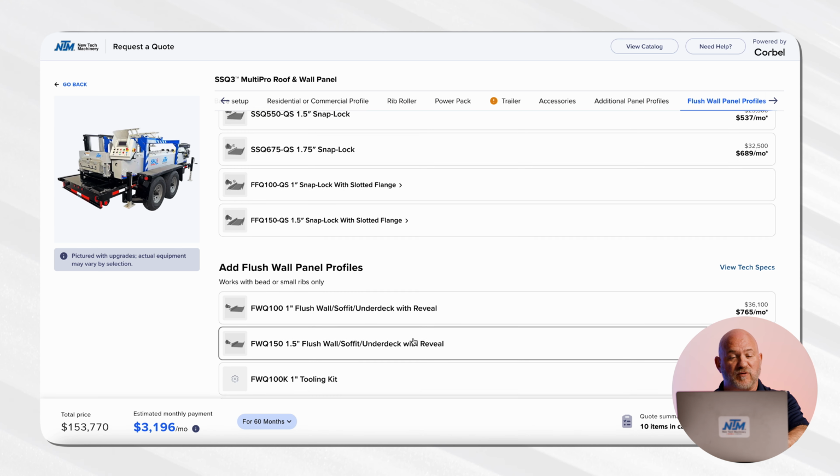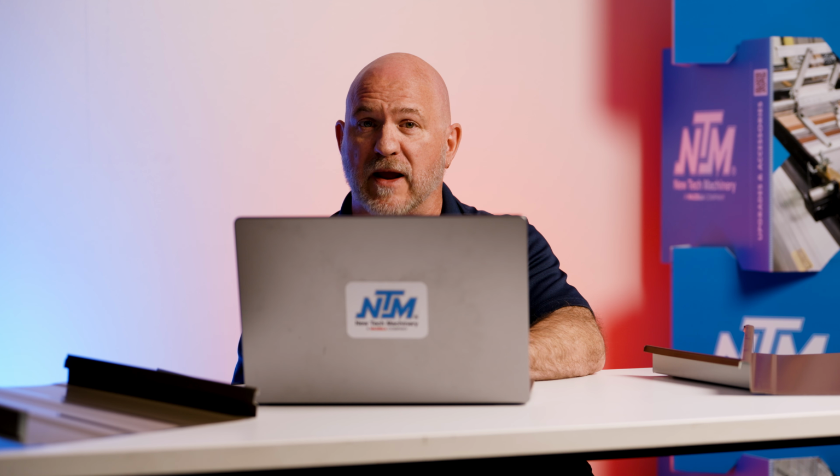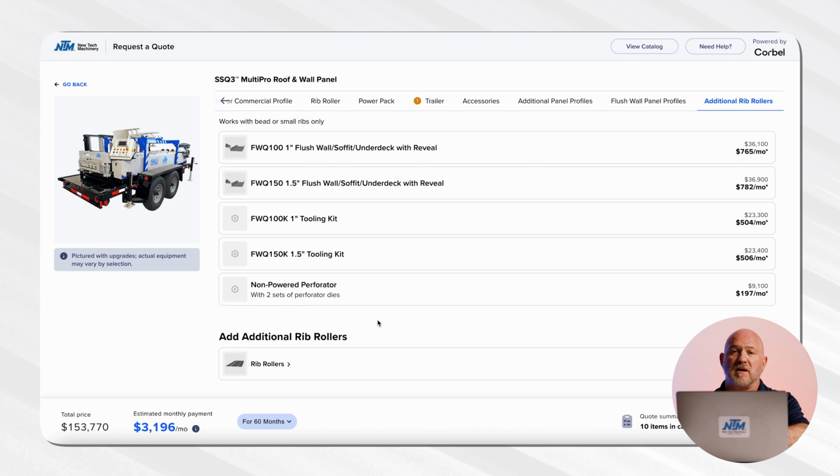It now shows me my flush wall soffit panel profile options if you wanted to do that as well, along with the optional non-powered perforator if you're looking to do a vented soffit panel profile. For the demonstration purposes, I'm not going to select a flush wall profile at this time since I selected the